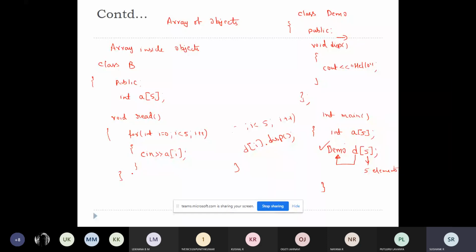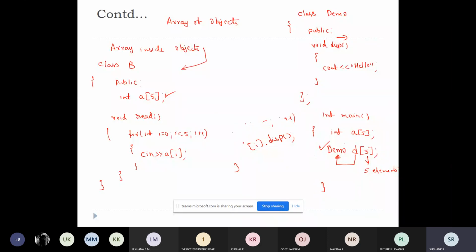So what I'm telling is, you can even use an array inside the class, which we will call an array of objects.